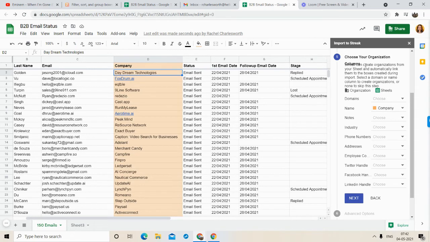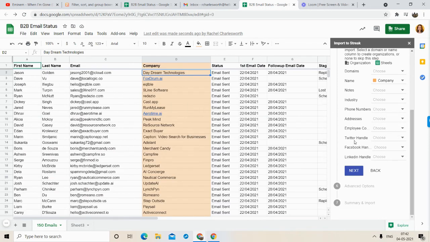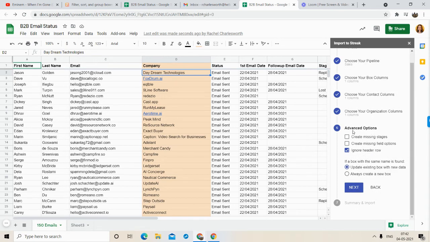As you can see, these are our organization details, like which industry your organization is in, address of your organization, Twitter handle, etc. Phone number, I do not have, that's why I'm not importing. But if you have, then you can import. Advanced option. Then nothing, just click on ignore header row. What it will do is read the first row.